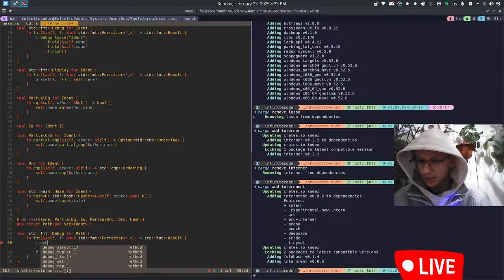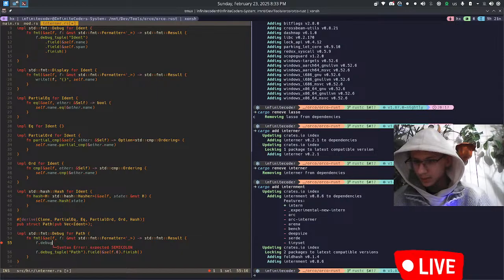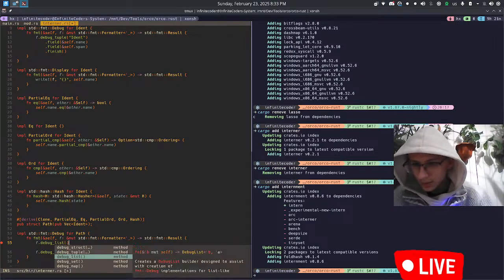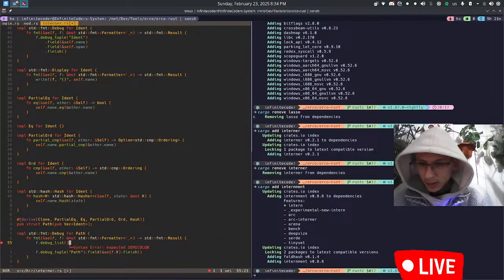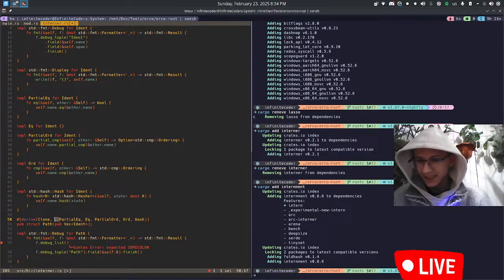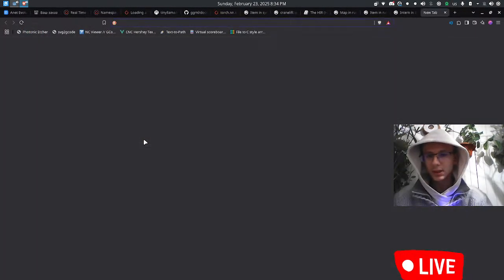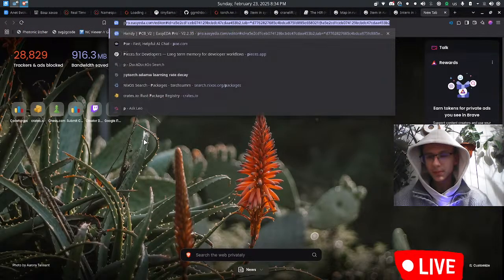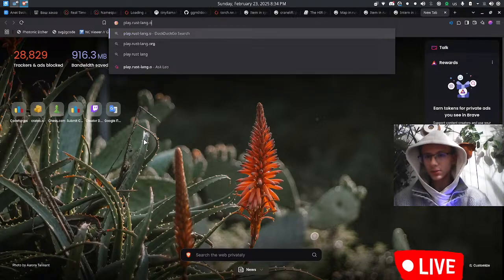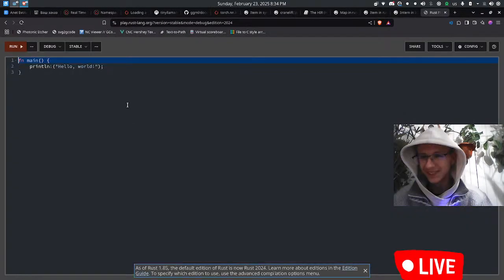So f debug, can I do debug array, debug list. Well, actually no, I'm gonna do, I don't know, how does debug vector work? Play string. I wish I had a REPL right now, cause I actually have